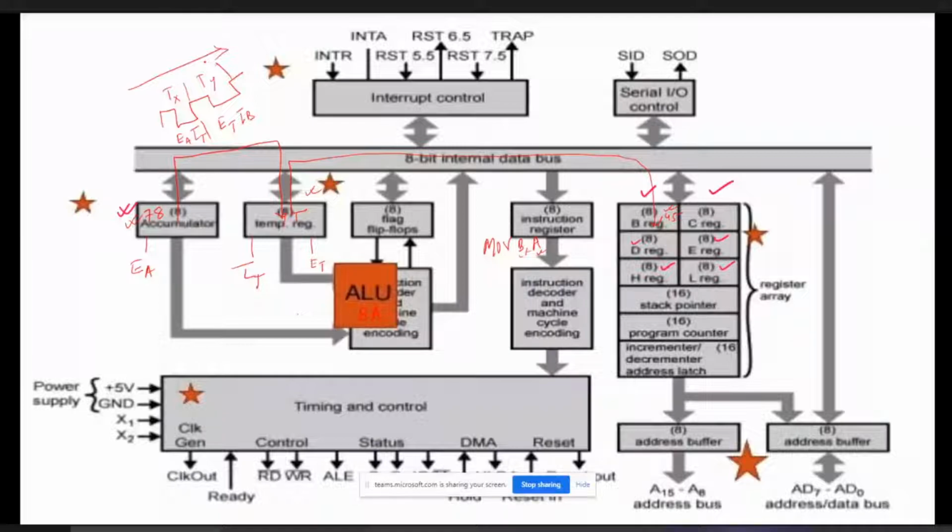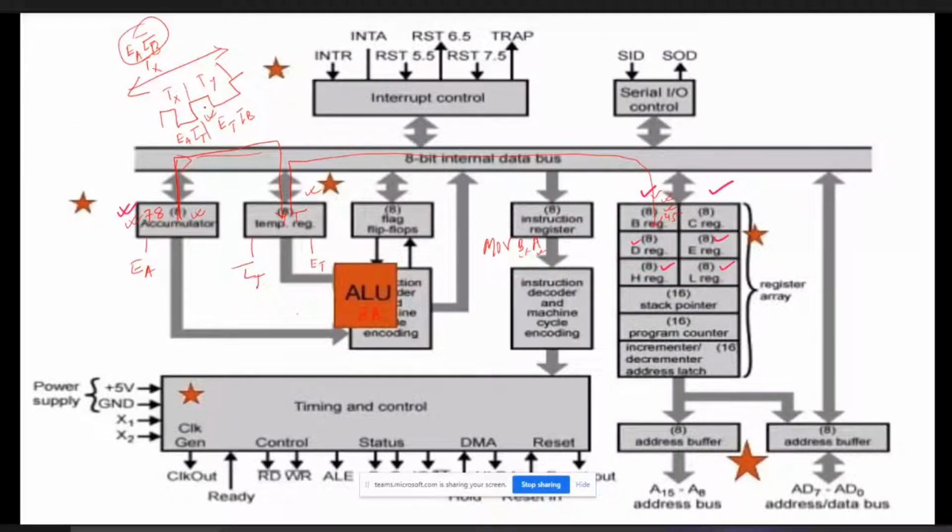Now, in order to transfer this data from the A register to the B register, first of all, it is transferring the A register content to temporary, and then from temporary to the B register. So it is taking 2 clock pulses to perform this operation. But it will be faster to transmit this data, which is in the accumulator, directly to the B register. So during Tx itself, if you do EA and LT bar, then what will happen? No, not LT bar, LB bar. If you do LB bar during Tx only, what will happen? 78 will come out from here and it will be loaded to this.